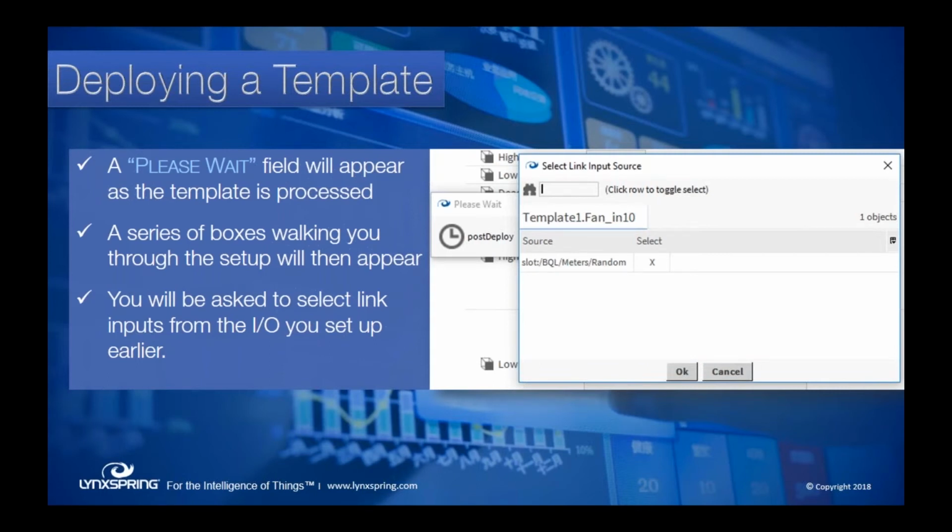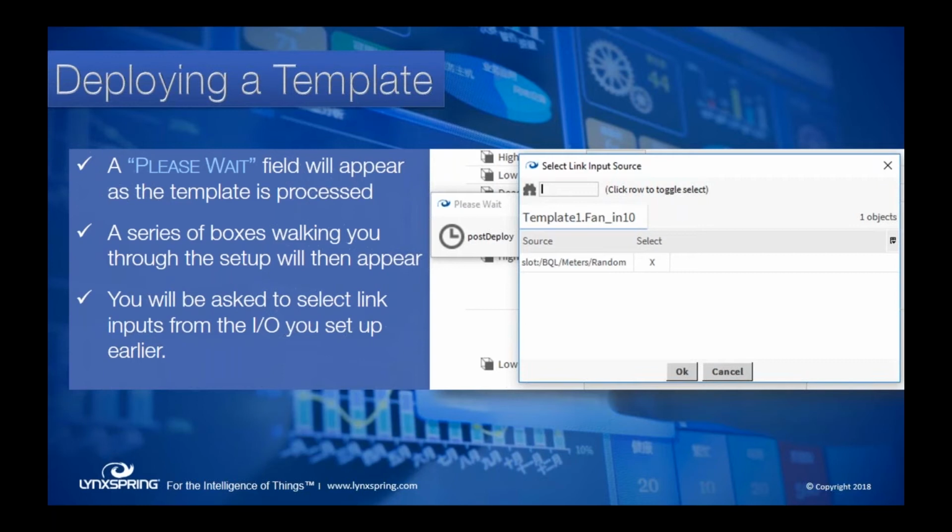So I told you with that template IO, it was going to find everything that had the tag that I put on there. So I just put in some sort of random things here. So I said my fan input, what is that going to be? Well, here's a list of everything that had the tags that I told it to look for. In this case, it's one of our random number generators because it's a demo station. That X there, if you only have one option, it's probably going to put the X for you. If you have several, you'll have to click which option that you want. But it will find everything that has that tag, give you the option.